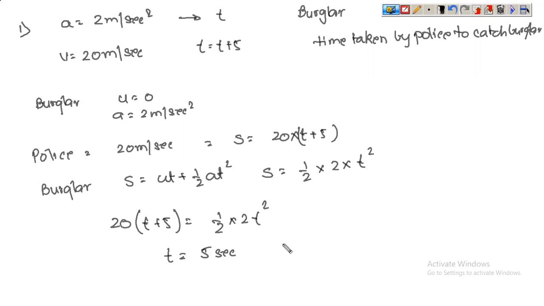So at t is equal to 5, you need to find out s. You can put it in any of the equations. You can find out the distance traveled before the thief is actually caught. So this is one type of numerical that you may come across. The second is